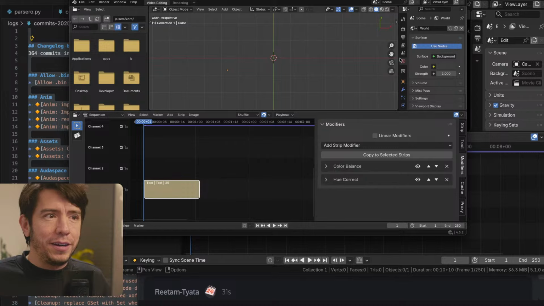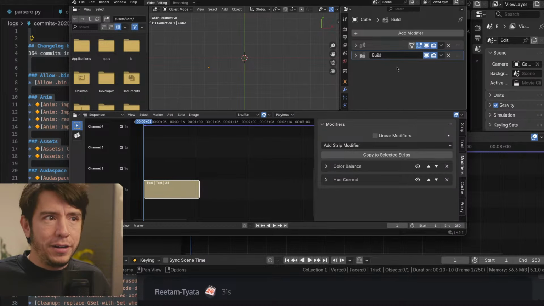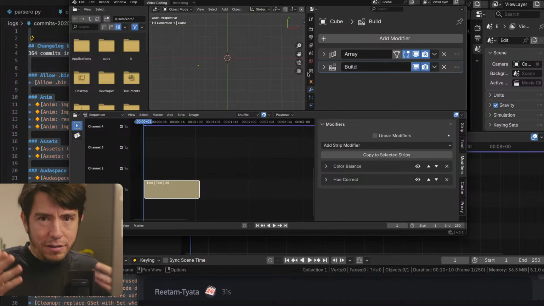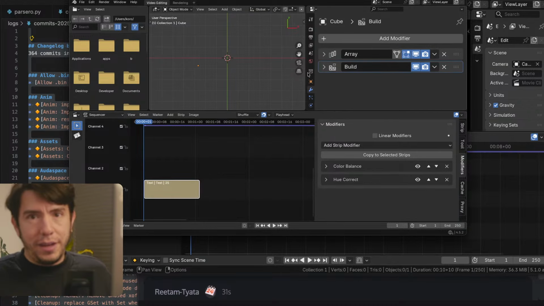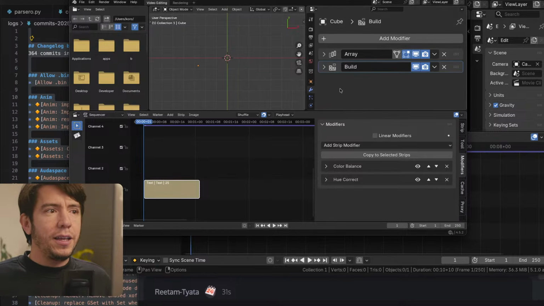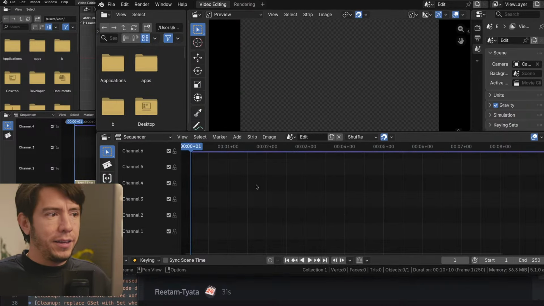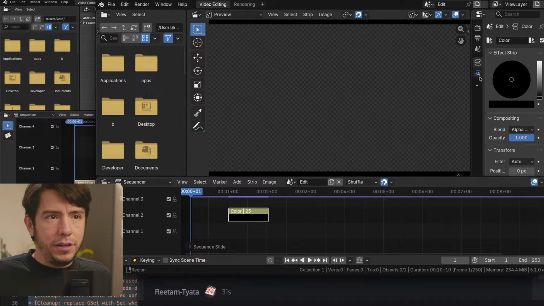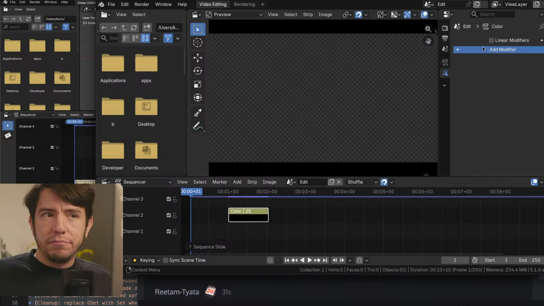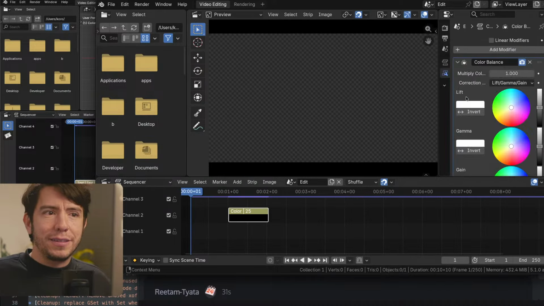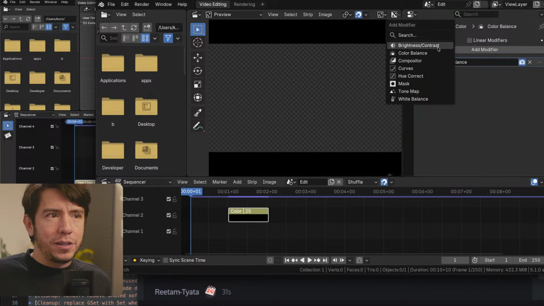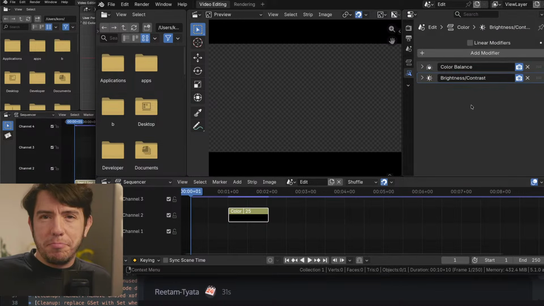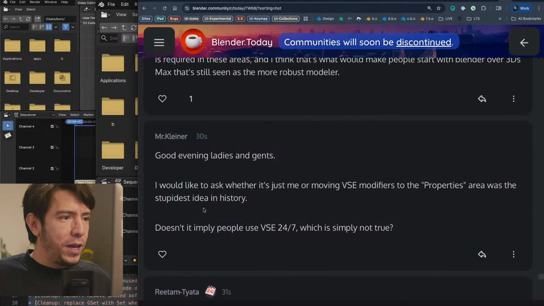This is a modifier, right? The concept of a modifier is data that you can use to affect some other data, in this case a strip or an object, without modifying the underlying data in a destructive way. I don't see why not. What makes this layout that users are familiar with and they know worse than what we had?